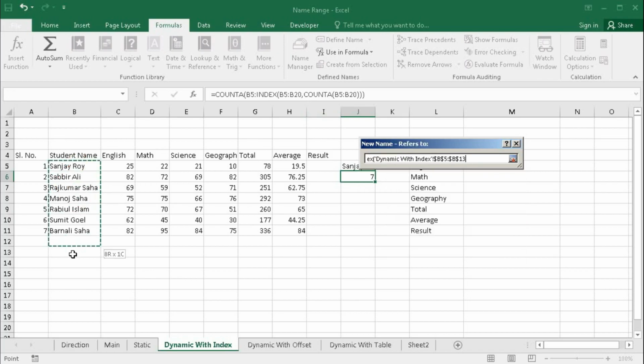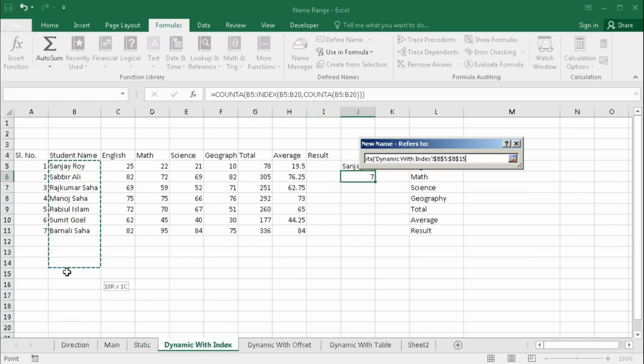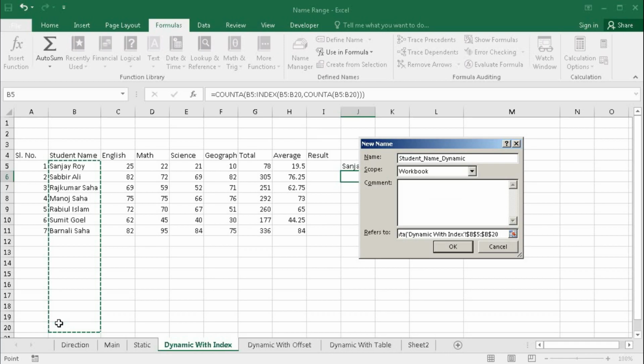So select up to row 20, then comma, then we want a number of rows, so COUNTA, bracket open, select the same range, then bracket close for COUNTA, and bracket close for INDEX, then OK.